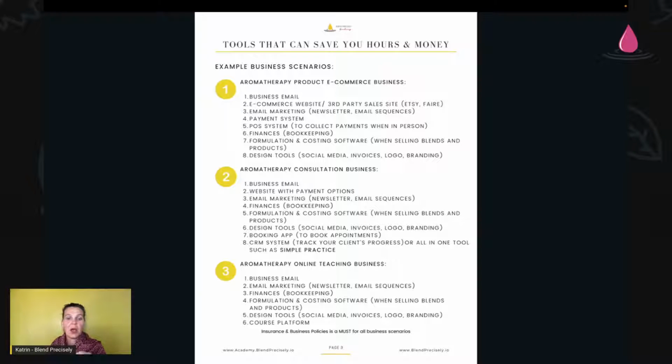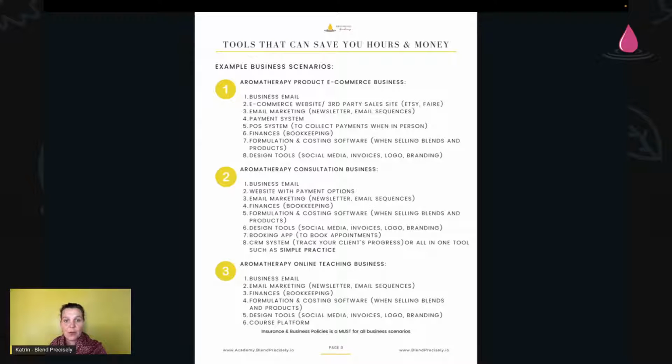It can be a combination of all 3 of them, or just one of them, or even go into a different direction like hospice care and elderlies and children and pregnancy, and work together with other businesses, doula businesses or yoga or massage and so on. So there are so many different ways of making aromatherapy as a business work. But I give just 3 scenarios here. Otherwise, we will sit here until tonight.